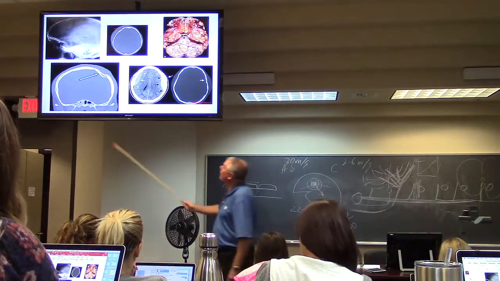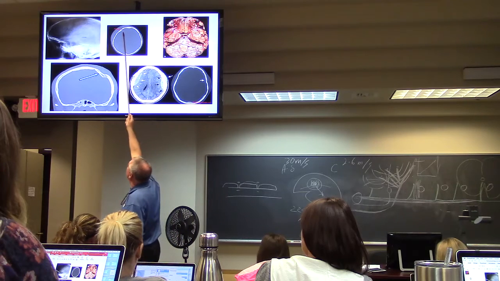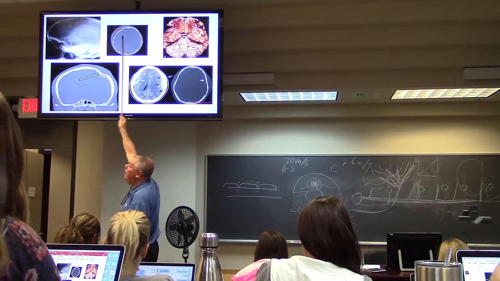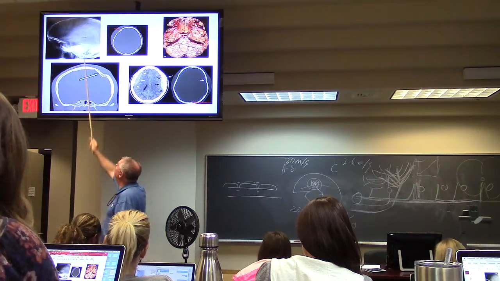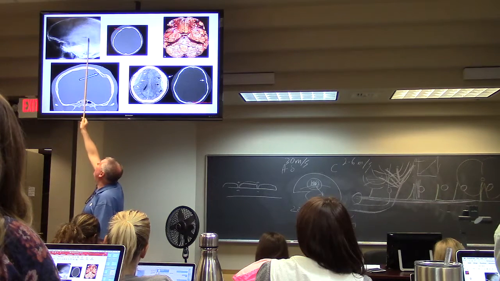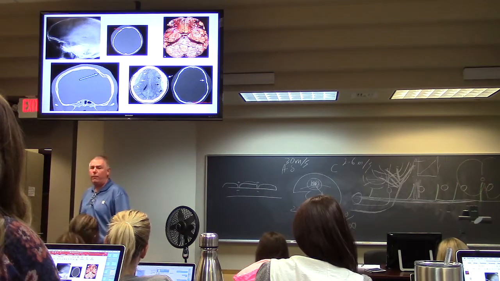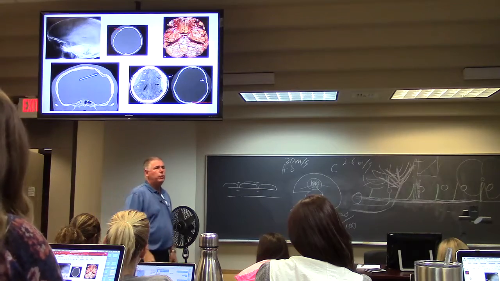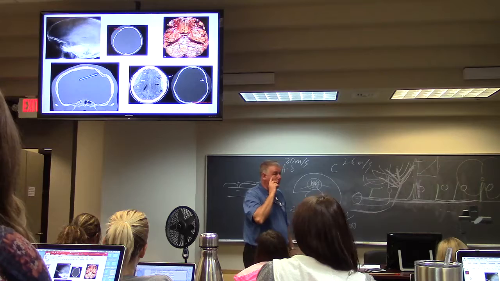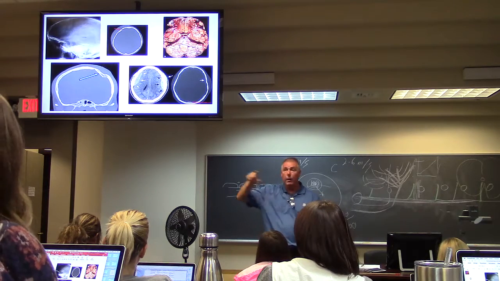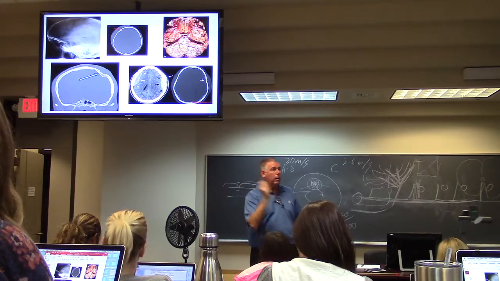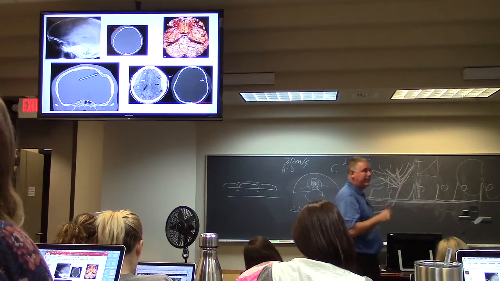This one up here in the middle is small, not depressed. You can probably just sit on that one because there's no intracranial problem going on. This is a plain film over here. That's what a skull fracture looks like on a plain film. You see that linear line? They are very difficult to distinguish, and I've sat there many a night pondering, is that a skull fracture or is that the normal suture line on a plain film? That's why, to rule out skull fracture, you have to get a CT.